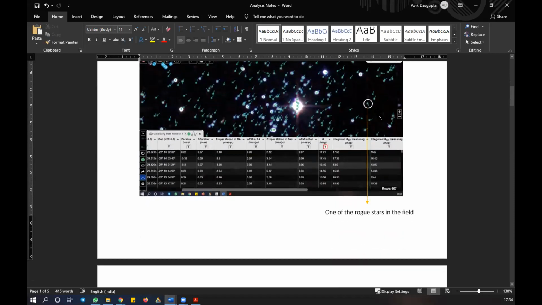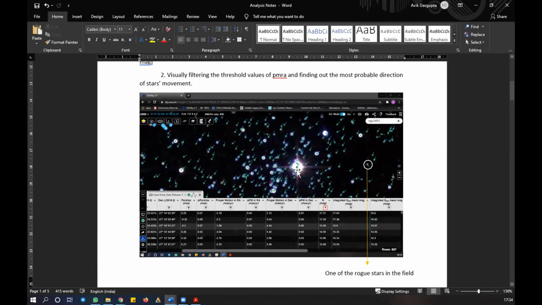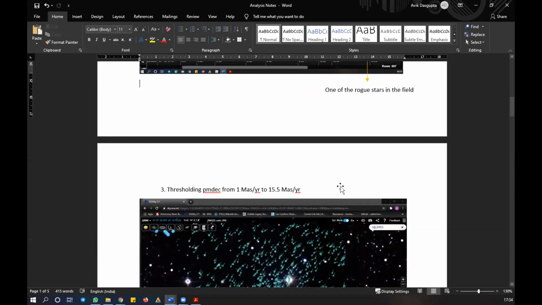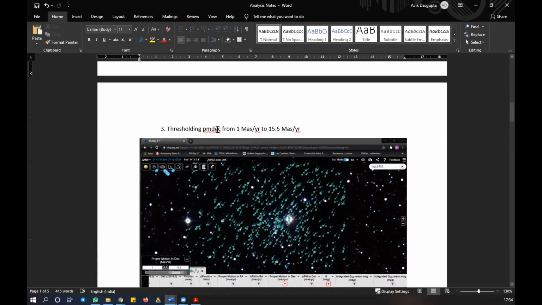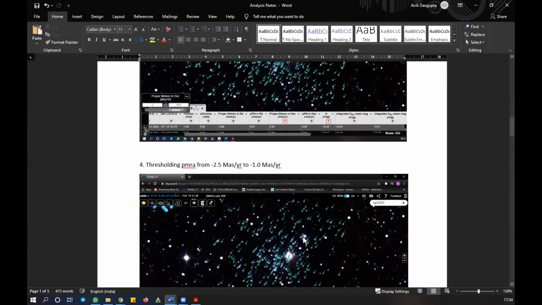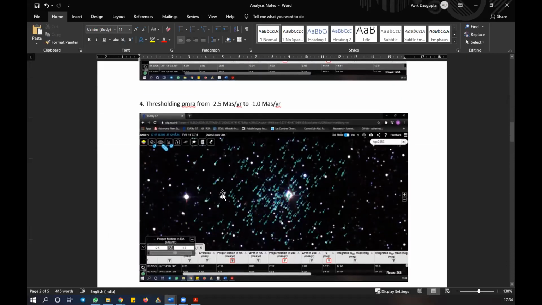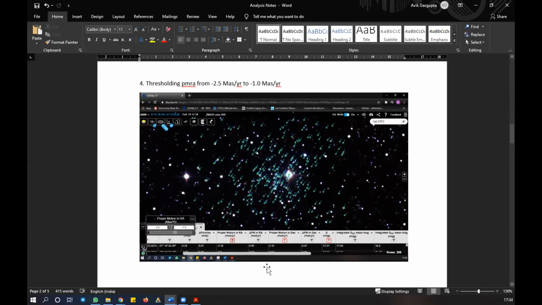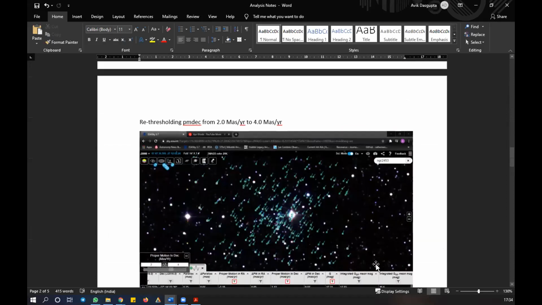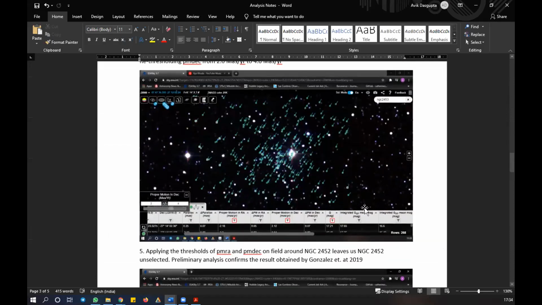So one of the examples is a star which is a very rogue star compared to all these very linear stars. So I first thresholded PM dec from 1 milliarcsecond to 15.5, and then did this again and again. So I took just one small set around the open cluster and use this to sort of lower down, in Topcat.